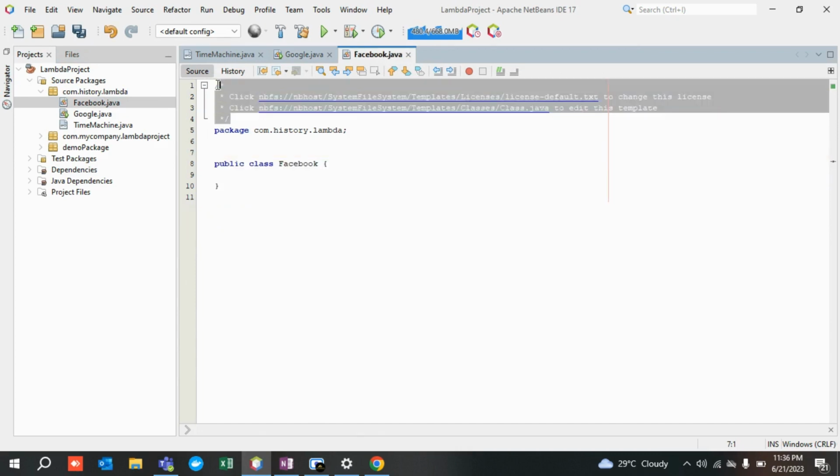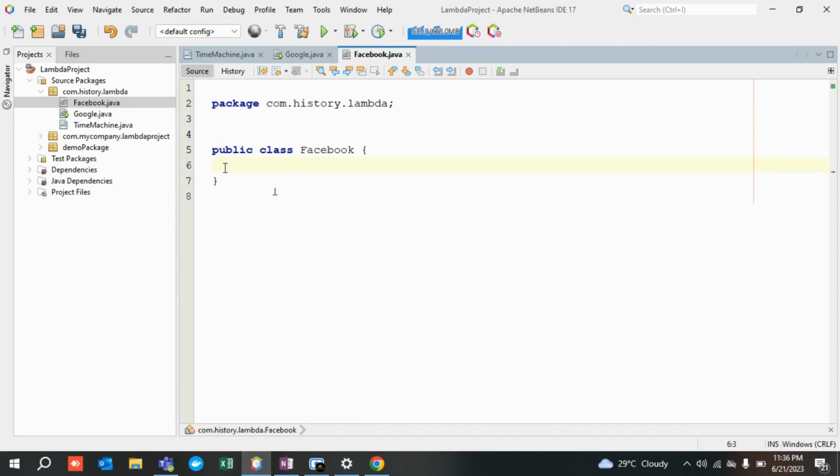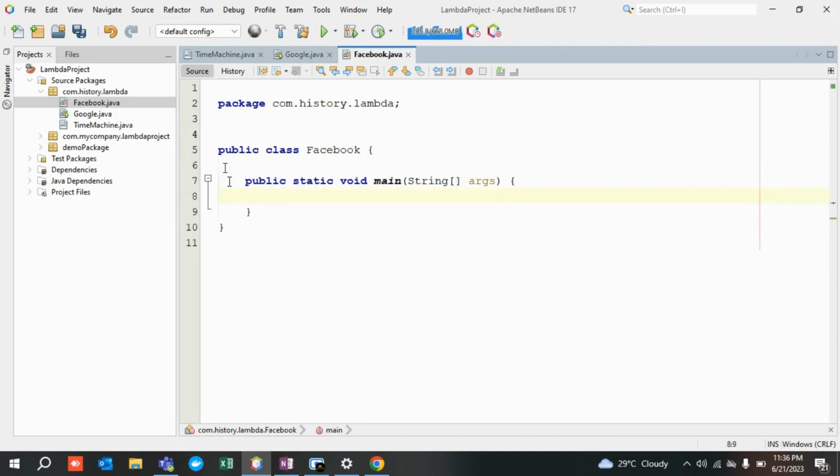This company says that we will also implement something. Okay, very good, very fine, right? So allow me to create the main method over here. Now Facebook is going to implement something. Okay, so